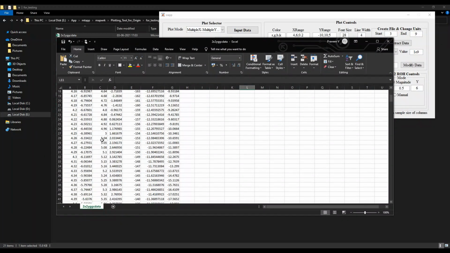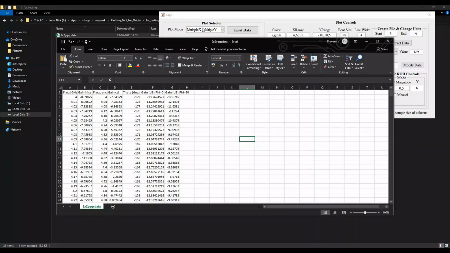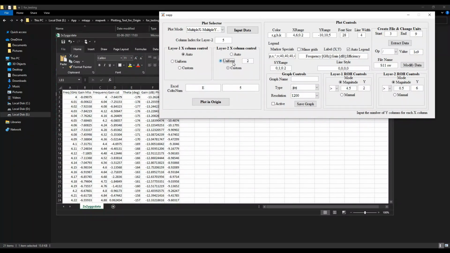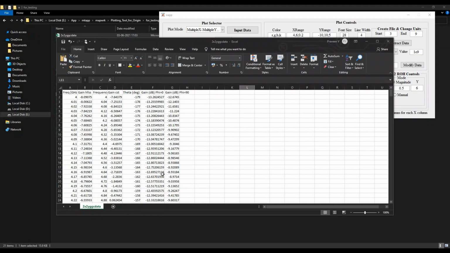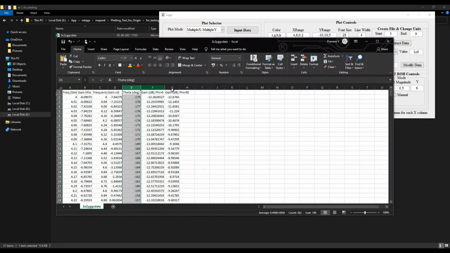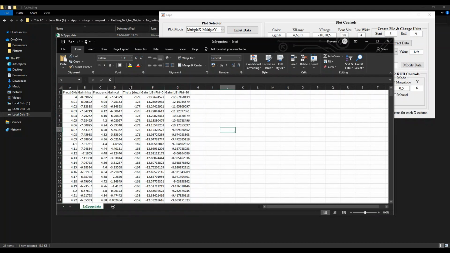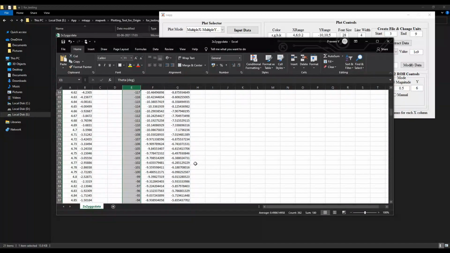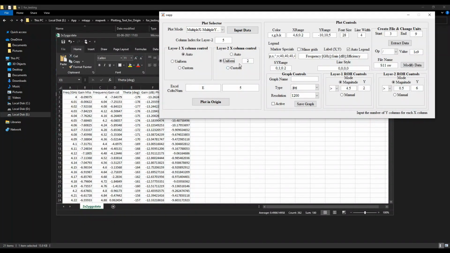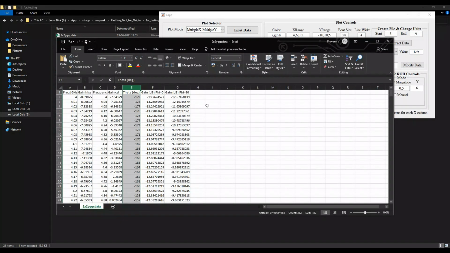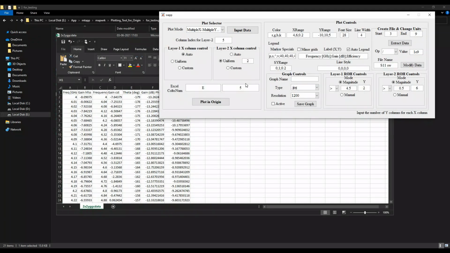I will go with the auto X control mode for the first layer, since there is a variation in the sample size, so the application will automatically detect this, and go with the uniform mode for the second layer. The second layer consists of 2 y columns of data, phi equals 0 and phi equals 90, that need to be plotted, and 1 X data. So now you are literally telling the application that there are 2 y columns for each X graph. So let us say if you have another X column and you have another 2 y plots, then the application assumes 1 X and 2 y data exists for layer 2.